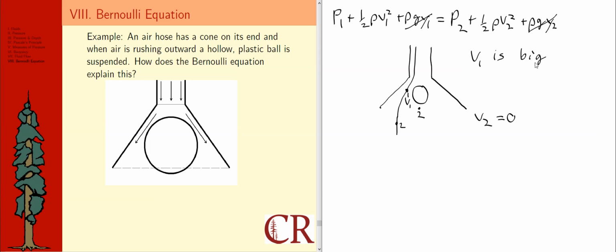So if V1 is big, that means P1 is going to be small. So that's what I'll write here. Pressure P1 is small, and V2 being equal to 0 is going to imply that P2, I'm just going to say, is large,